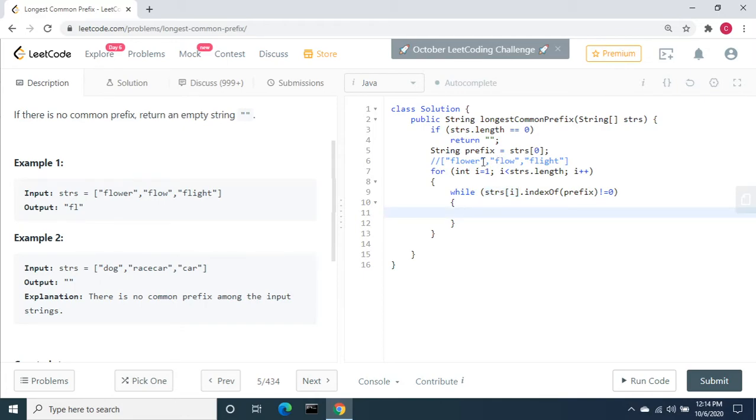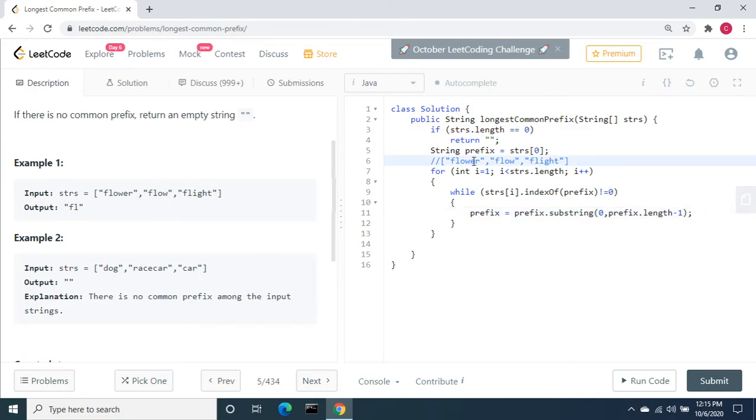Here I am going to remove the last character from the prefix, using prefix = prefix.substring(0, prefix.length - 1). So only one character is removed.